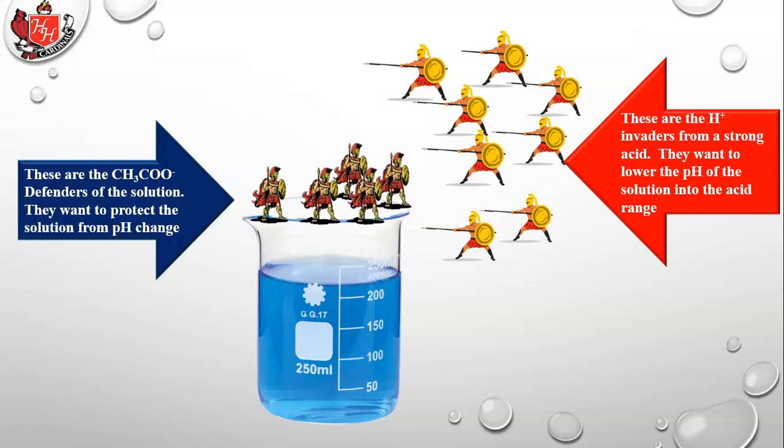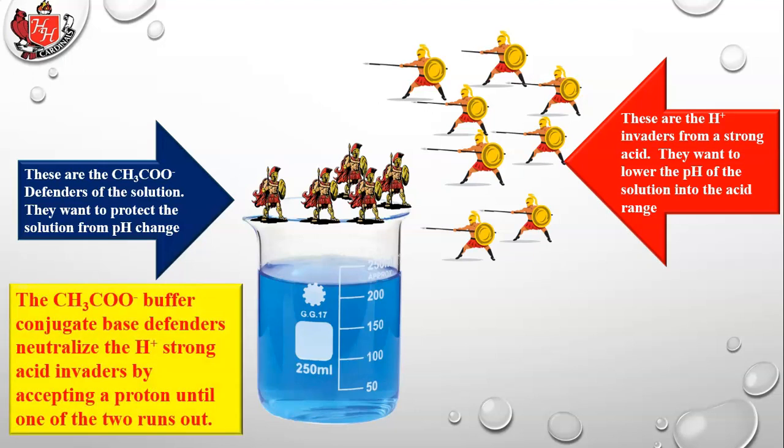So on the other side of the buffer, you have the acetate ion, CH3COO-. So these are the acetate ion defenders of the solution. They want to protect the solution from pH change. So the CH3COO- buffer conjugate base defenders neutralize the H+ strong acid invaders by accepting a proton until one of